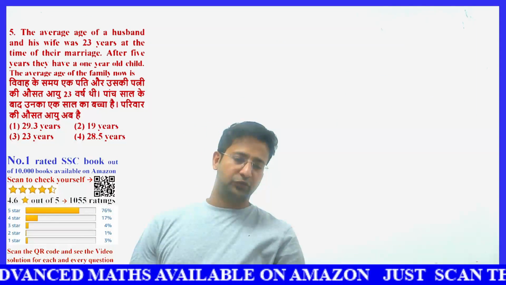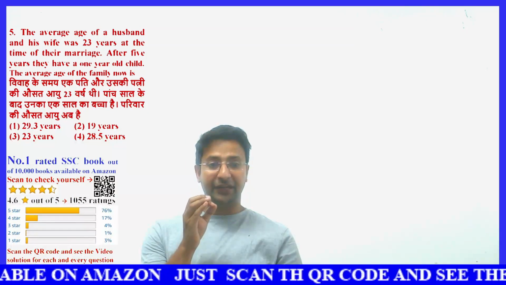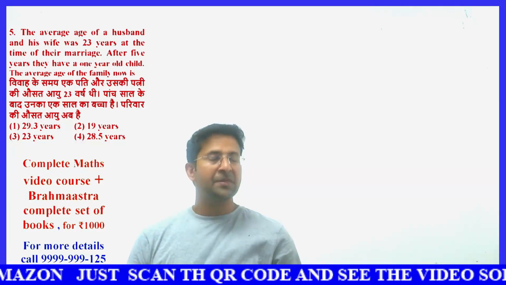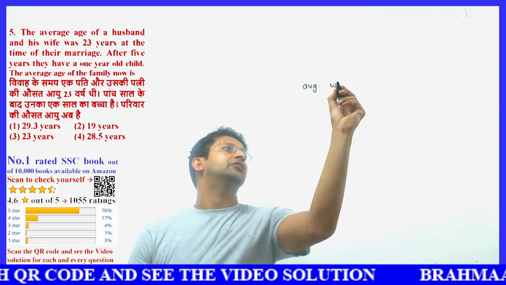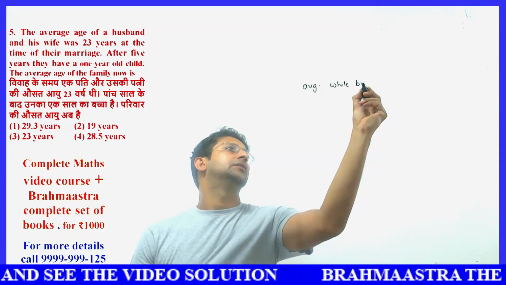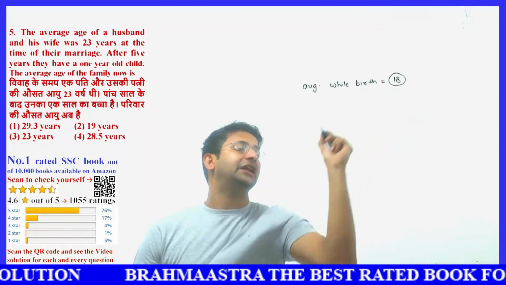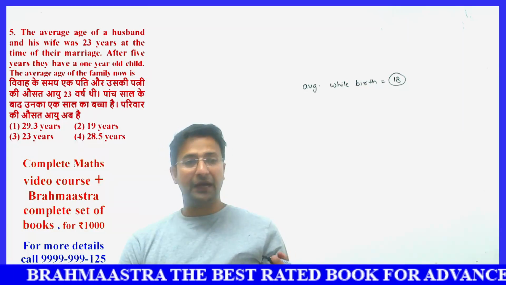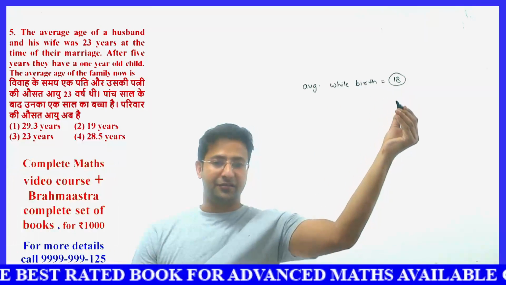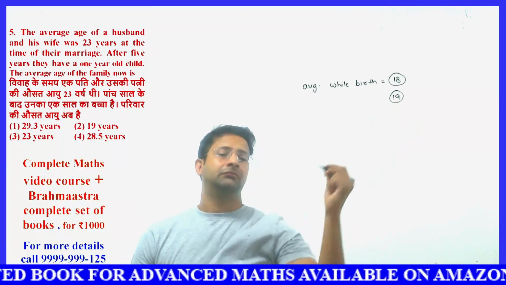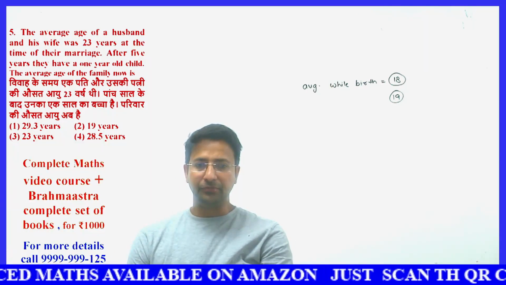See, dear students, the next question is exactly similar to the previous question, exactly the same data, but the thing being asked is the present age, the average age of the family now. In the previous question, the average at the time of birth was how much? We found the average at birth was 18 years. Now what is being asked? The present average age of the family. So the average age now is plus 1, that will be 19. You need not solve anything further, okay? Directly. Next one.